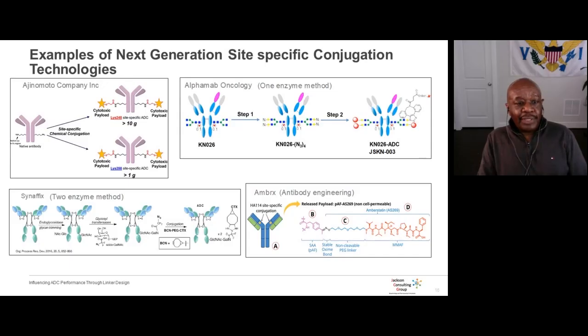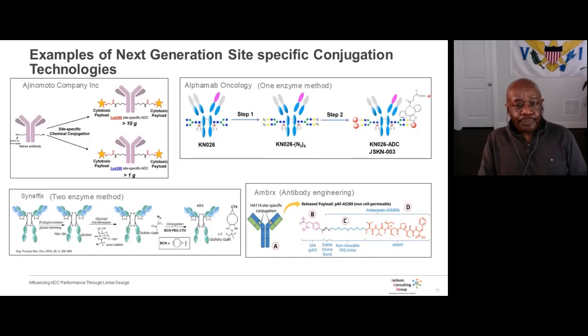In this slide, we're just looking at the overall schematics of these different types of technologies, and I'm going to highlight a few key points. One is with Ajinomoto's technology. The site matters where you conjugate. So if you look at lysine 248 versus lysine 288, your overall yields are going to be much higher using lysine 248 as opposed to lysine 288. So not only does the linker payload matter, but also the sites where you conjugate matter in terms